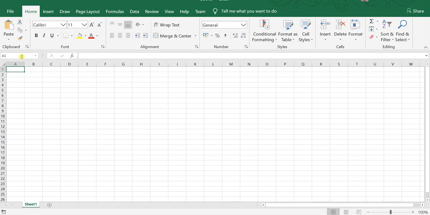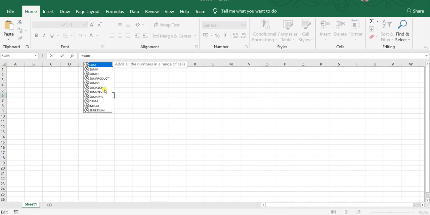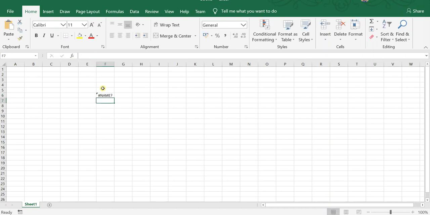And this A1 represents the cell number. Wherever you place your cursor, this is the name box. See, when I place my cursor over there, it gives me the cell in the name box. So wherever you place a cursor, the cell number will display where your cursor is placed. And this is the formula bar. If you write some formula here, it will display the formula. Whatever formula is present in that particular cell, it will display that formula.